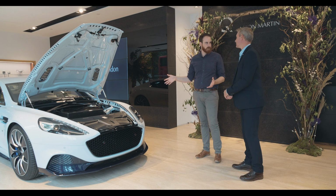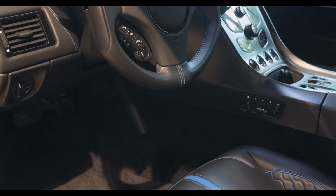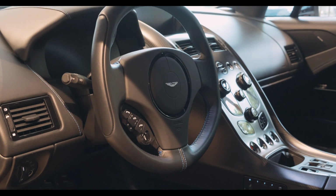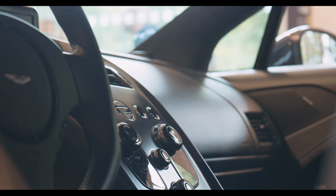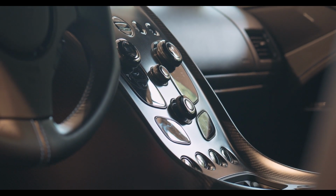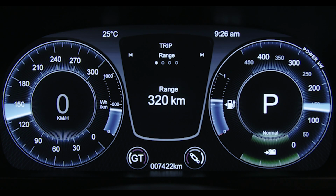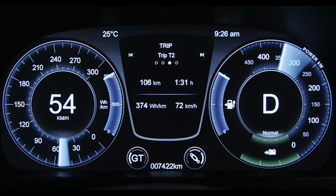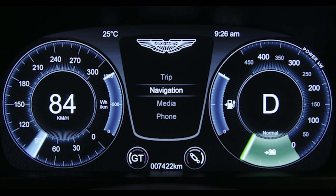Inside, it looks and feels very much like the Rapide you'd expect. Is it the same? No, there's some subtle differences. Electrification brings different challenges. So the first one being, how do you convey information now? We had this beautiful mechanical driver information centre. We've replaced that with a new Aston Martin graphics design 10-inch screen. Bespoke to us, still keeping the feel of the 2 dials, but obviously we're embedding a lot more connected car